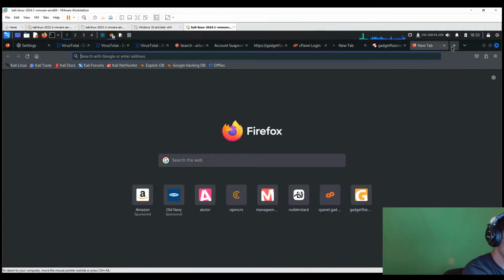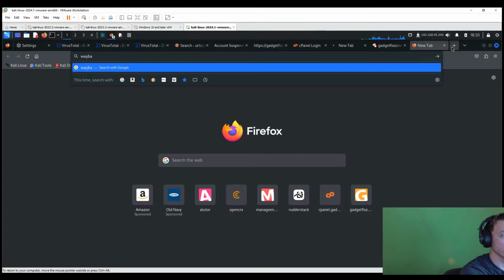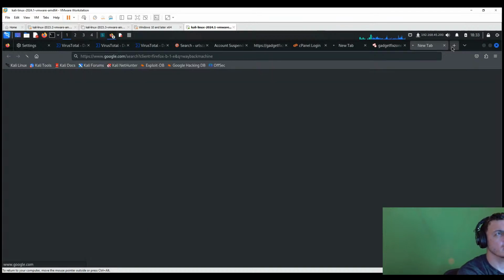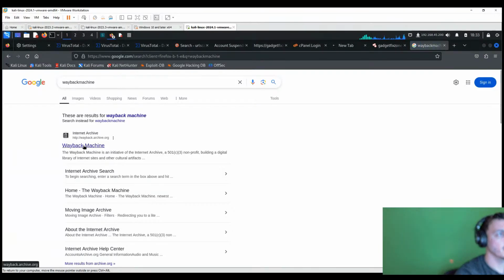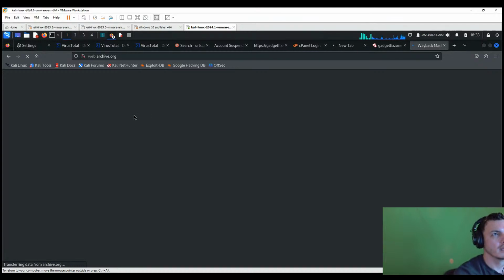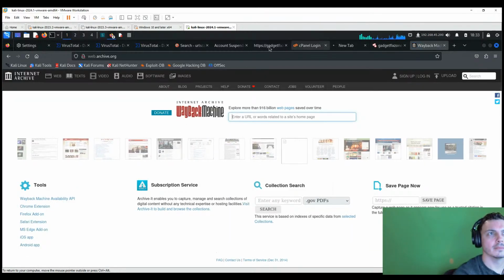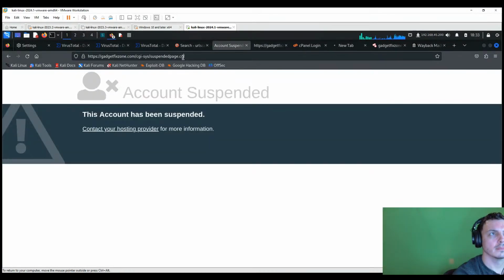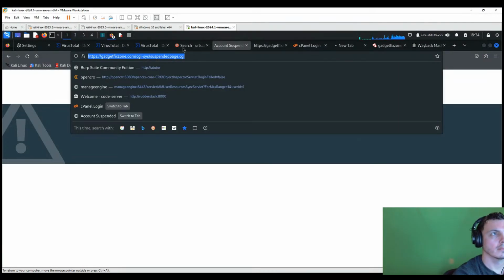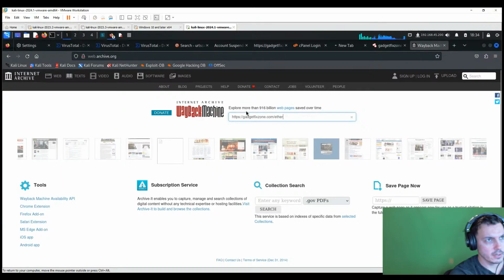We can also check Wayback Machine. I think it got changed though. It's now something else, like Internet Archive. Yeah. You can see what it used to look like. No, we want the full address, and we'll see if it used to have something else there. So Wayback Machine